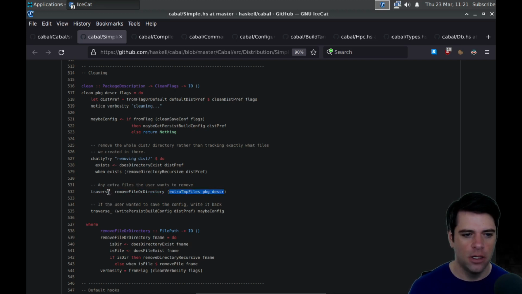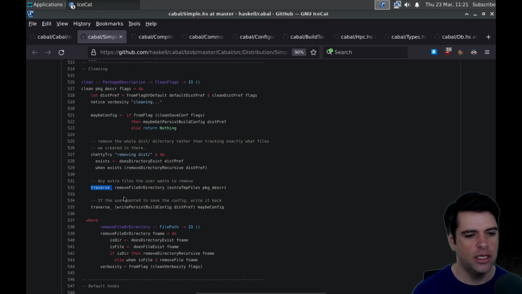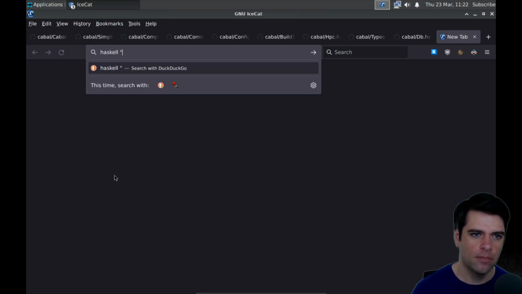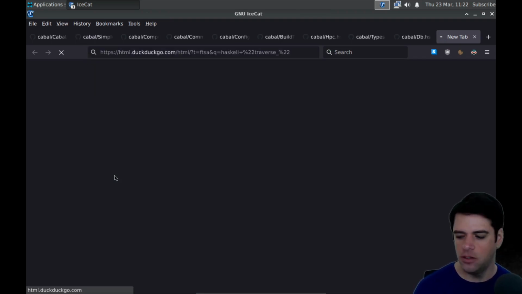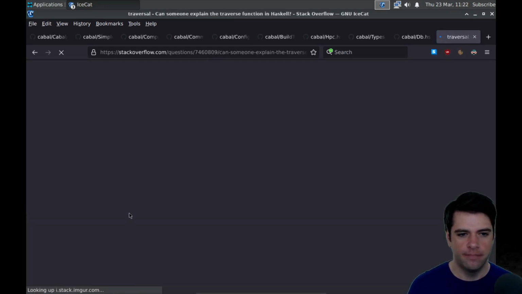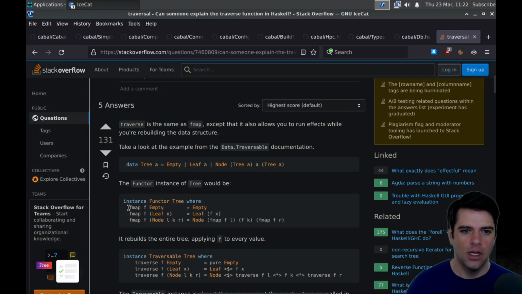Okay. So traverse seems like it would be a graph sort of function. It might be. I vaguely recall hearing about traverse. It might be somewhat related to applicative. Let's look it up before I say something totally incorrect. Yeah, it is traverse_. It's the same as fmap, except that it also allows you to run effects while you're rebuilding the data structure.